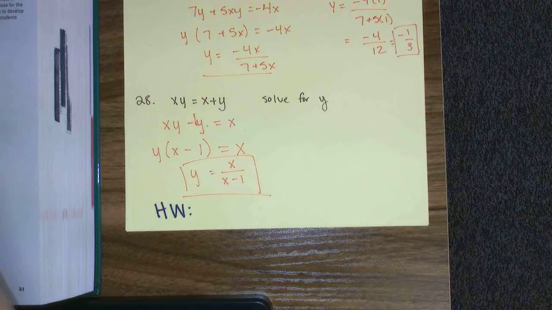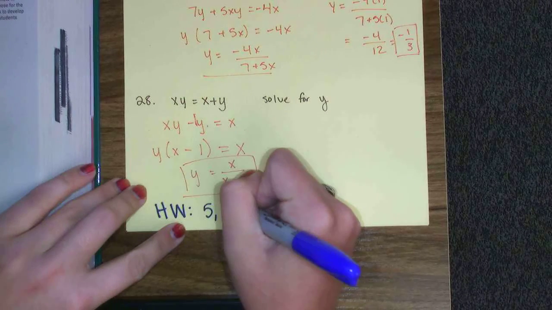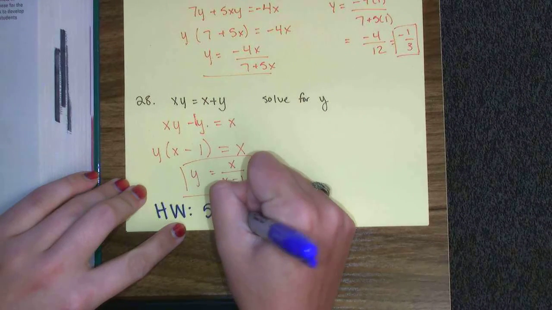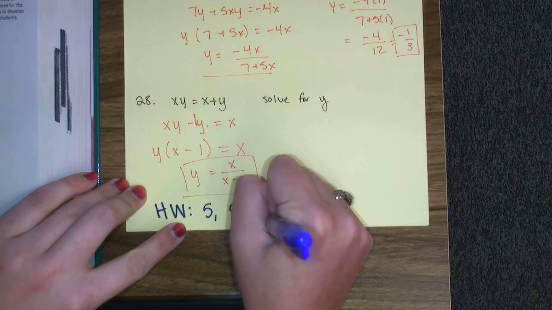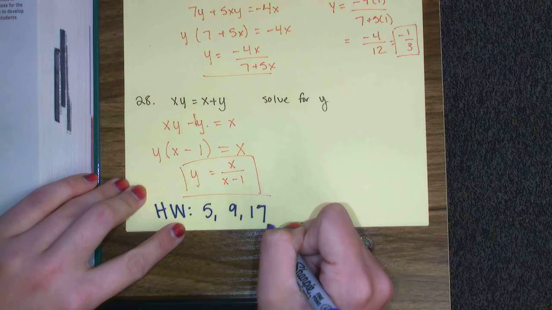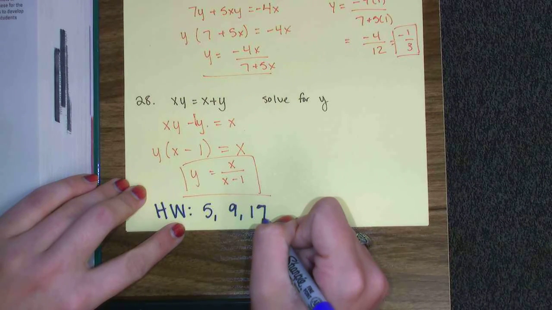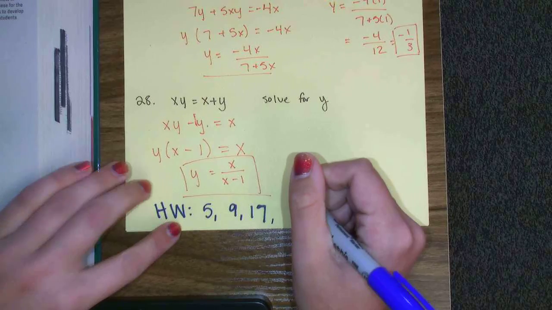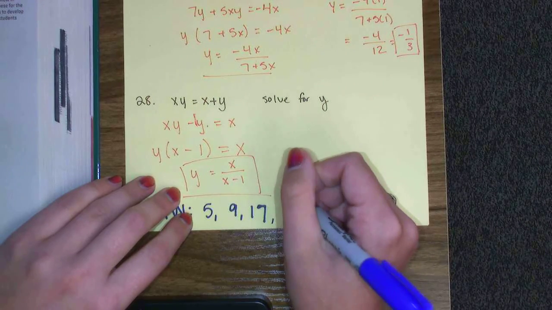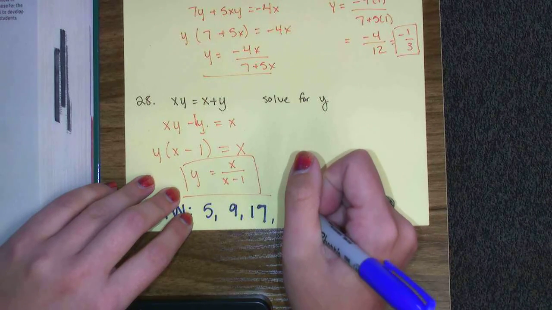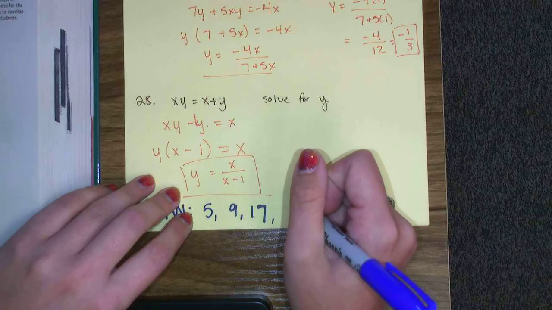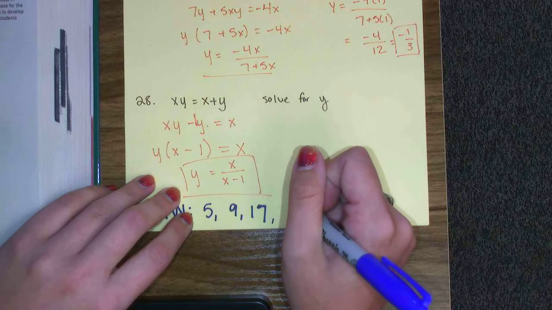Alright, you need to do 5, 9, 17. 17 is error analysis, so you need to work the problem correctly and explain what the person did wrong. Okay? So it's somebody that did the problem and they did it wrong, so you need to work it out correctly and explain where they went wrong when they did it. 23